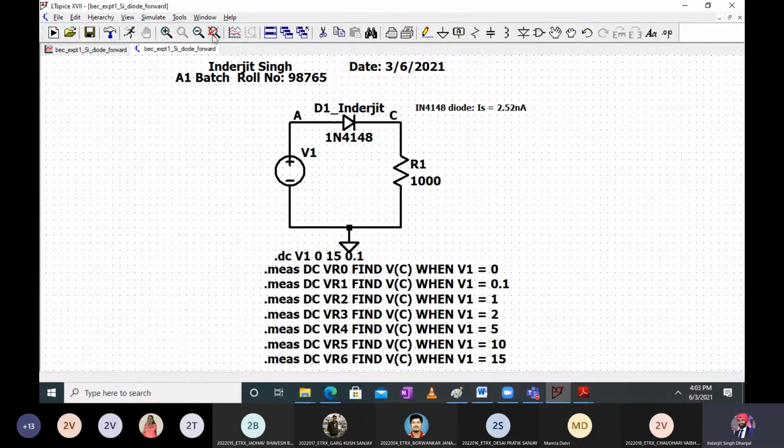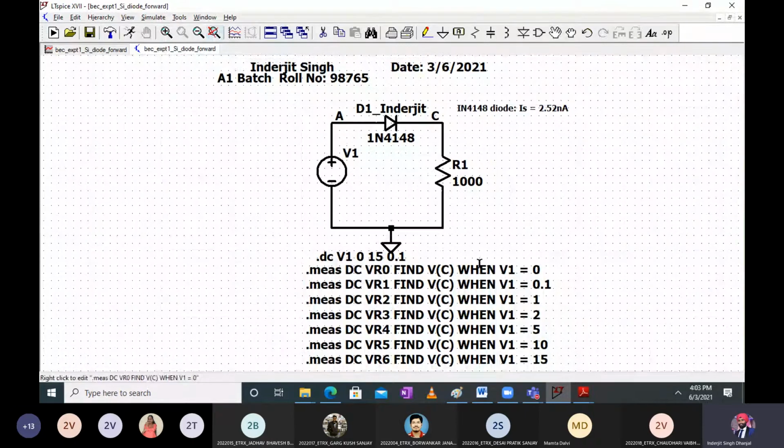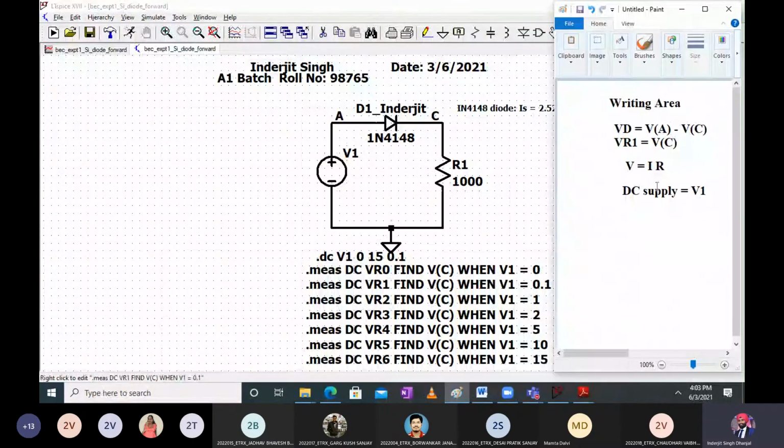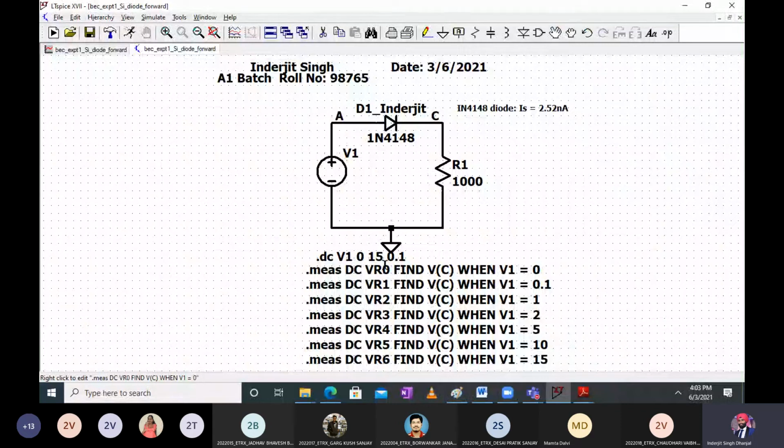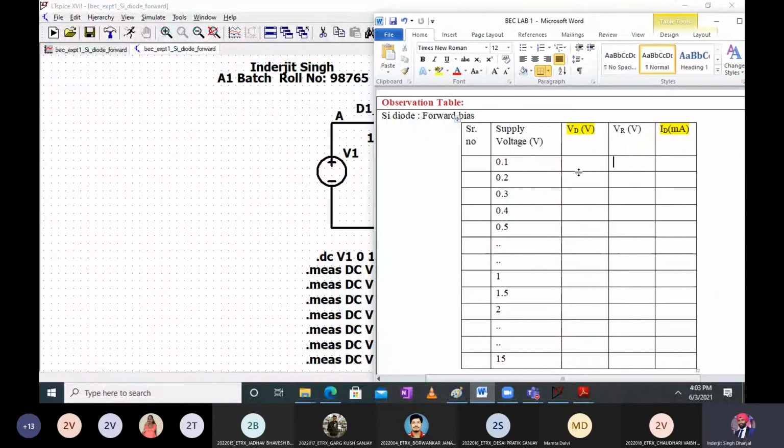Sir, why is VR changing? It is a variable, right? This is a variable name. I want to store the value of VR. If I put the same name, then where will it store? It's like data storage. It's a variable name. For 0.1, let's say you get 0.1 as it is, correct? But where will the software store this value? Did you understand? Yes, sir.